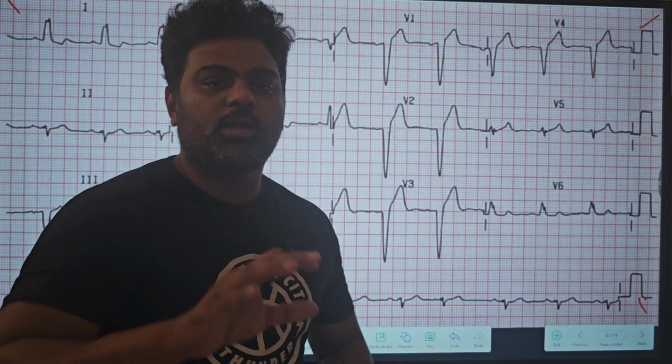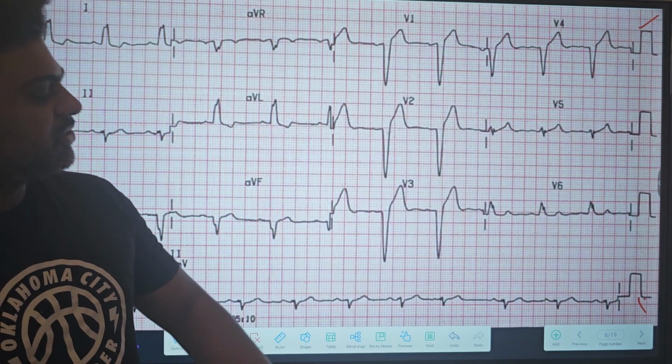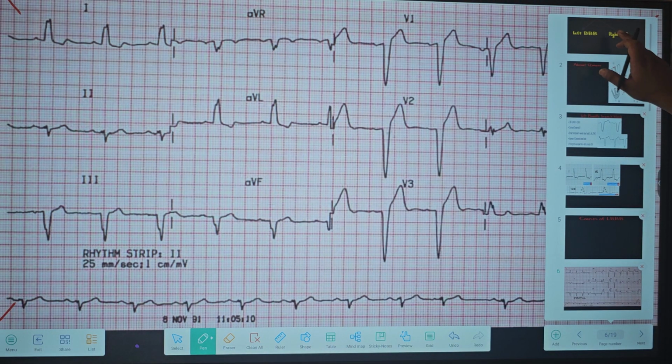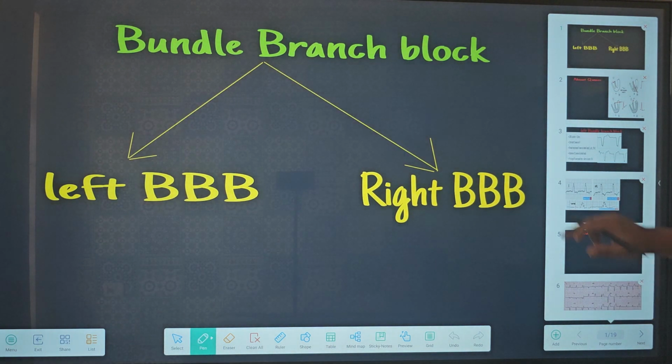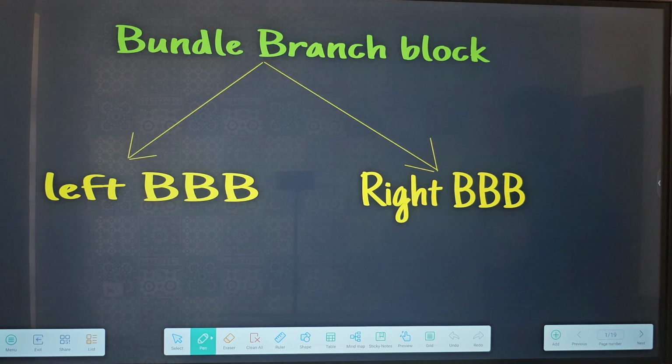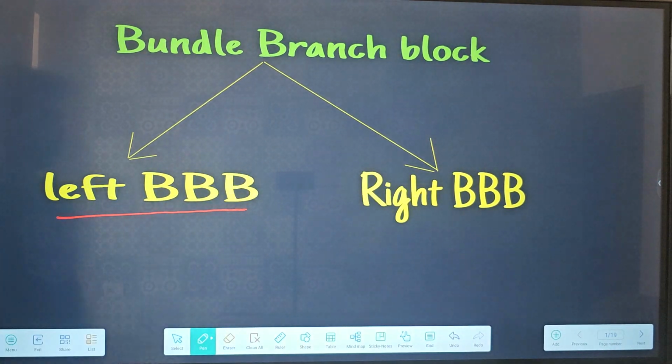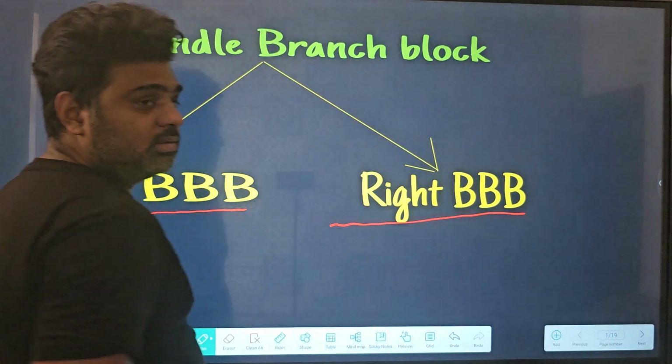हेलो फ्रेंड्स। अब ईसीजी का आज हम थर्ड पार्ट स्टार्ट करने जा रहे हैं, तीसरा सीरीज। और इसमें हम बंडल ब्रांच ब्लॉक देखेंगे। बेसिकली आज हम डिस्कस करेंगे लेफ्ट बंडल ब्रांच ब्लॉक और नेक्स्ट वीडियो में राइट बंडल ब्रांच ब्लॉक।